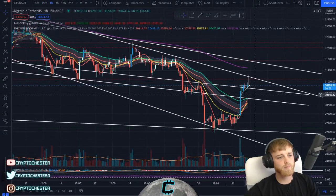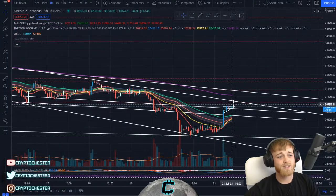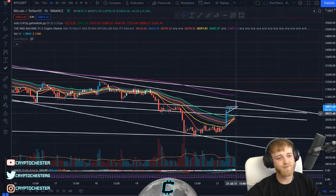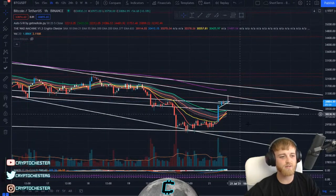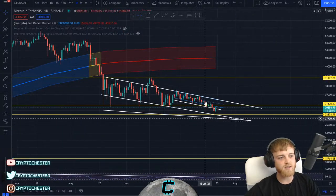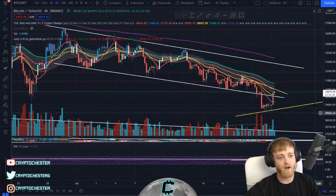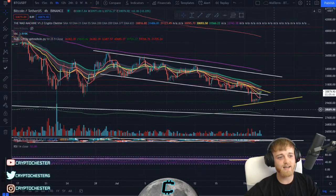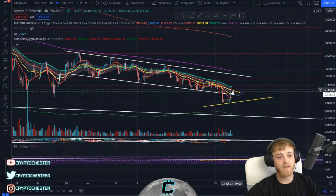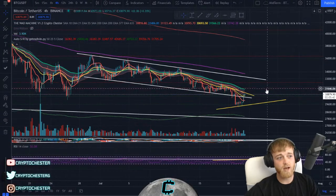I see, yeah, cup and handle coming through there. So that is going to be interesting to see if that does play out to the upside as well. But for me, I'm set on this being a bull trap. I'm set on this being a bull trap, not the fundamentals. This downtrend is looking dirty as hell, and it's literally what I think is going to happen. I do think we are going to just trend down for quite a while. But if we are going to see cup and handles basically play out and momentum to the upside, then yeah,